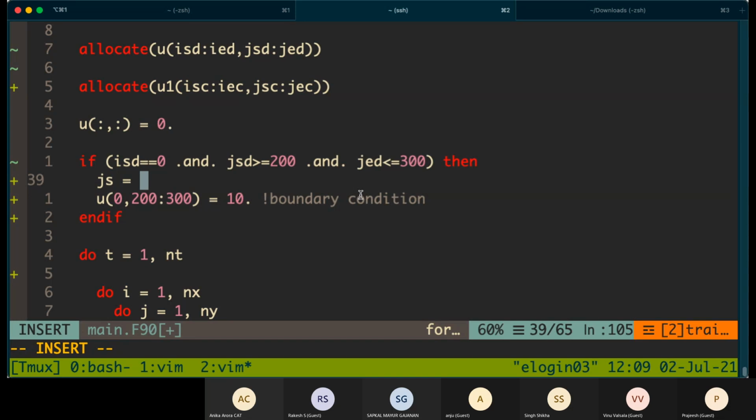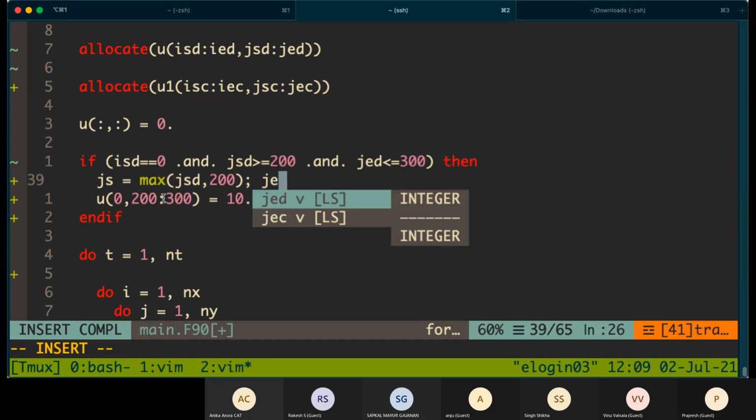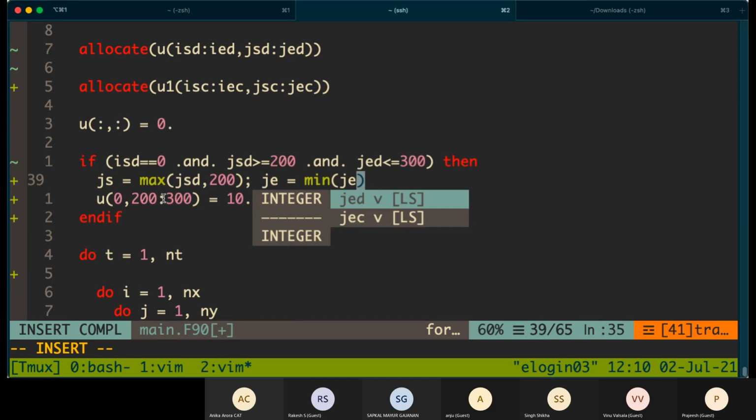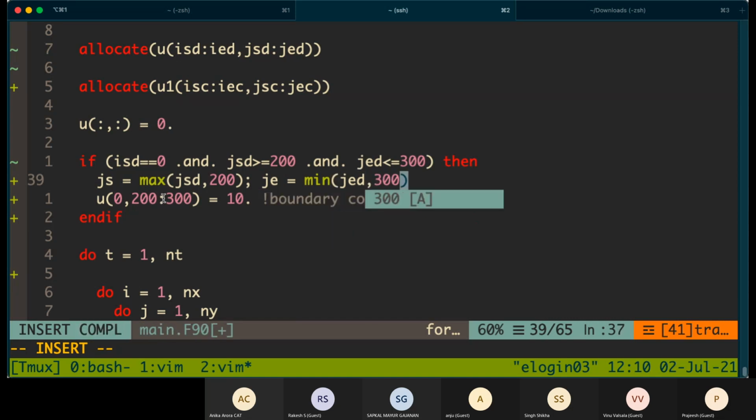I can put this as the maximum of JSD and 200 equal to the minimum of JED and 300.